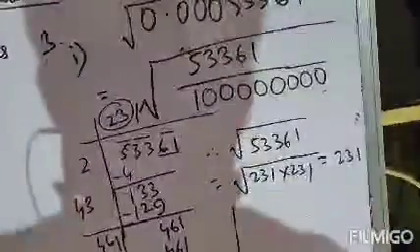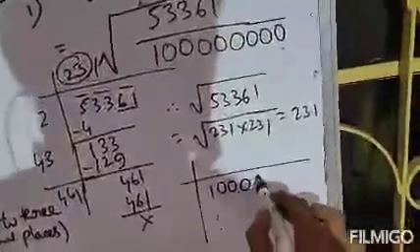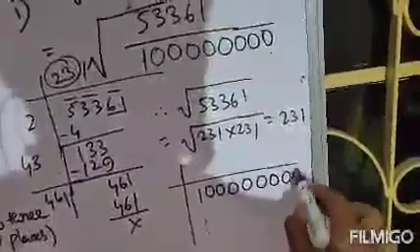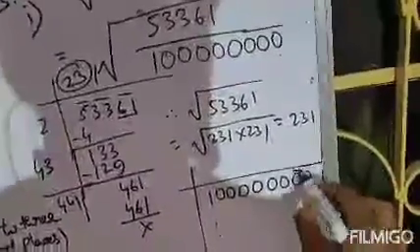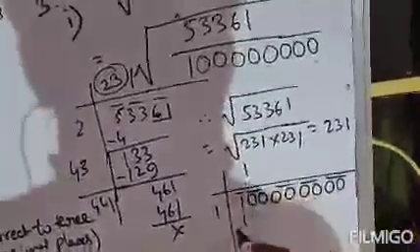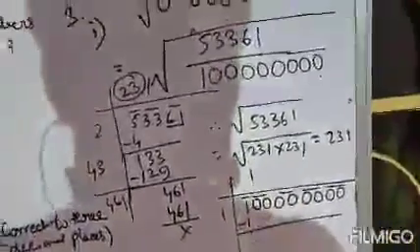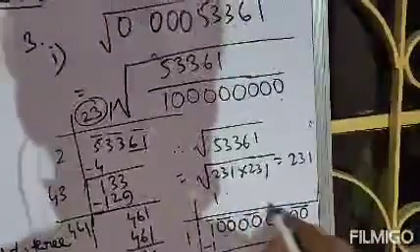Now coming to the denominator, there are 8 zeros. So 1, clear? 1 2 3 4 5 6 7 8. So taking two numbers from your right side, 2 2 2 2, and this is 1. So 1 1s are 1. Now if we subtract, your answer is 0. Clear? So between these two 0s only 1 zero will go upwards, between each pair of zeros only 1 zero. Clear?